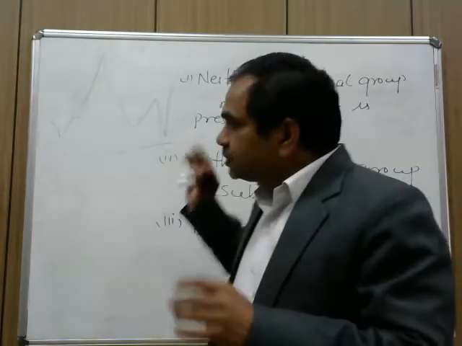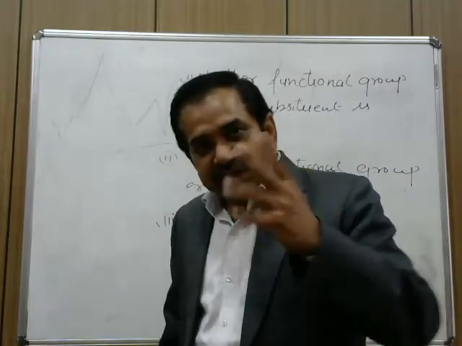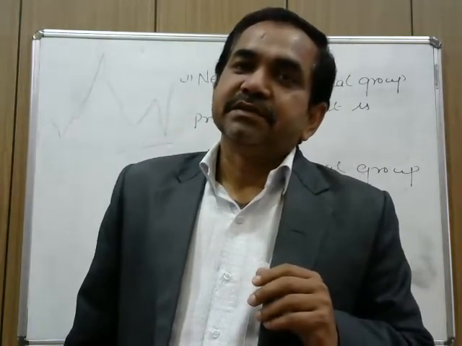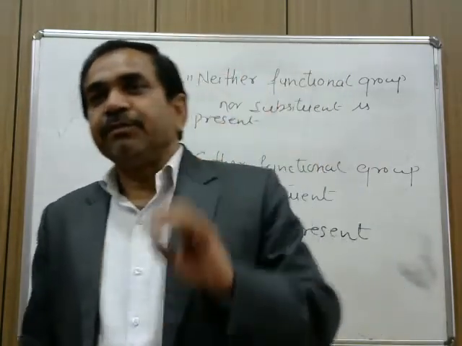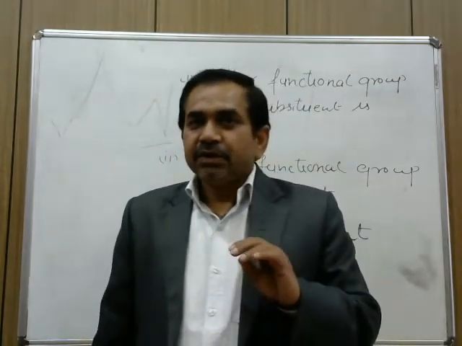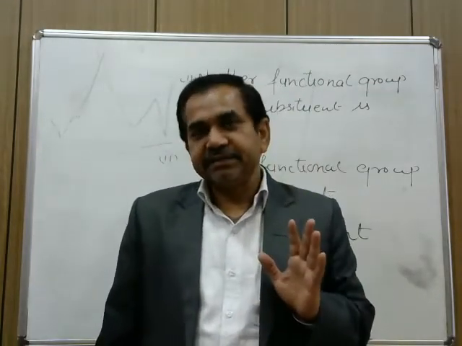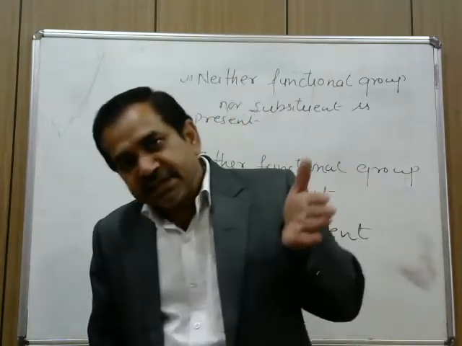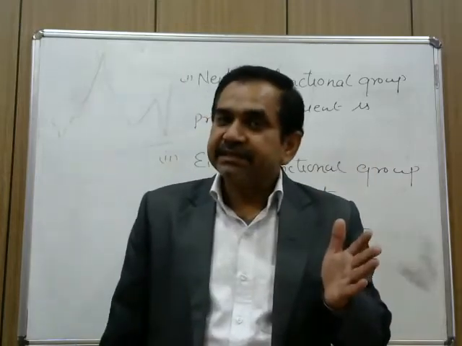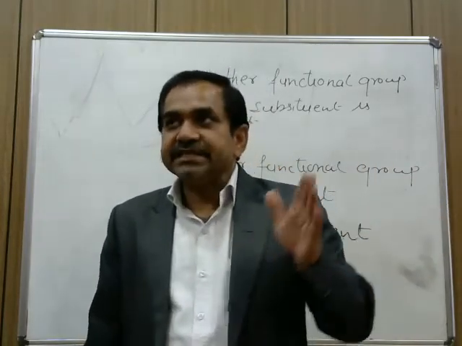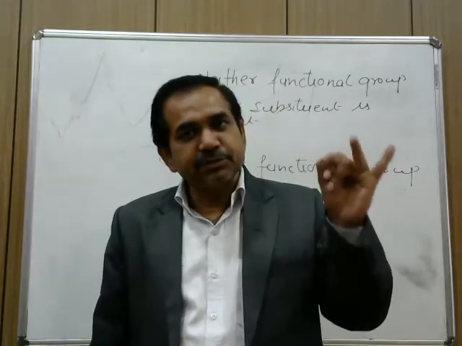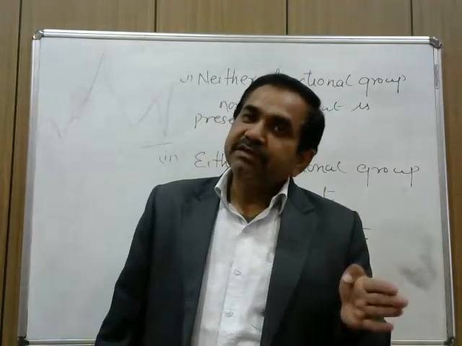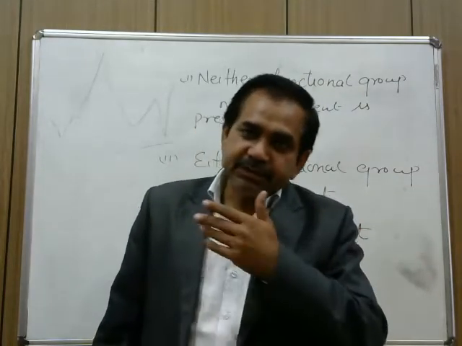And after doing these two things, we come to the third step, naming of the compound. For naming of the compound, two things should be kept in mind: that all four components of the IUPAC name of the compound should be written in the same sequence as I told you there. First we write prefix, then root word, then suffix 1, then suffix 2. Whatsoever component is absent, that is omitted.